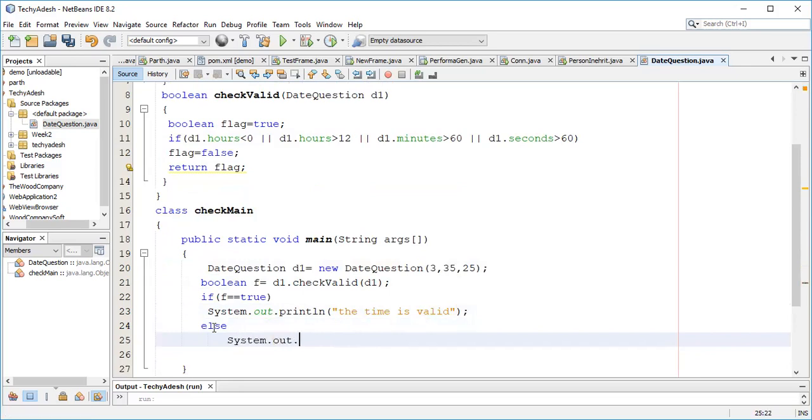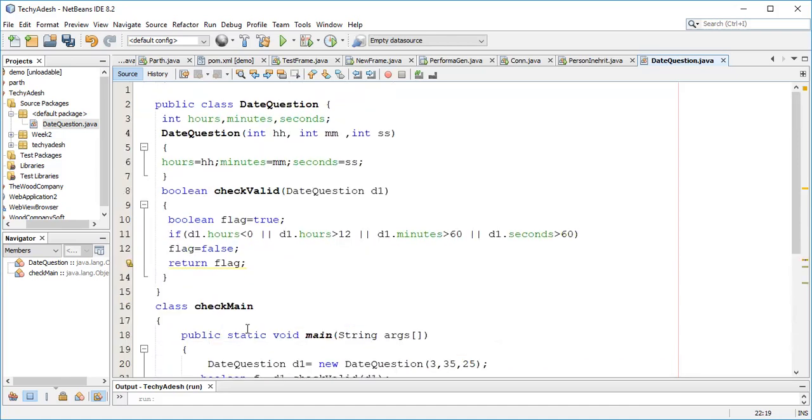First of all, we have applied two functions, two tasks we have already done. Which one? First of all, accept the value in minutes, hours and seconds and check whether the time is valid or not. Only one task is remaining. Which one?